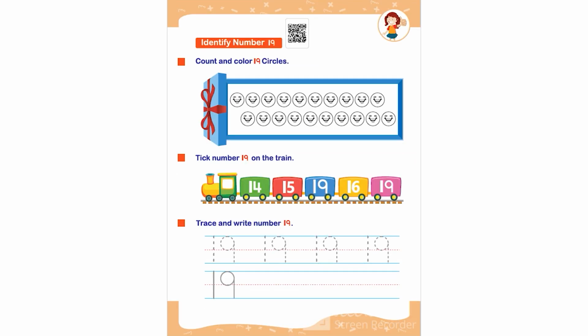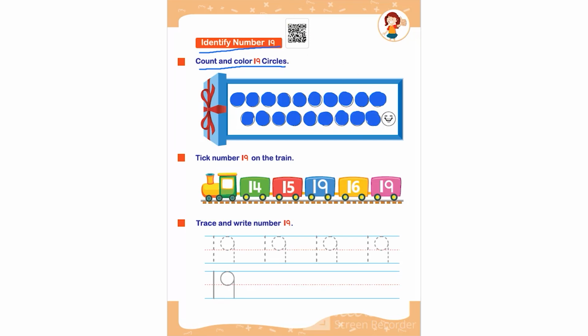Hello everyone. In this worksheet, the topic is identify number 19. Over here, count and color 19 circles. So the child has to count and color 19 circles. So 1, 2, 3, 4, 5, 6, 7, 8, 9, 10, 11, 12, 13, 14, 15, 16, 17, 18 and